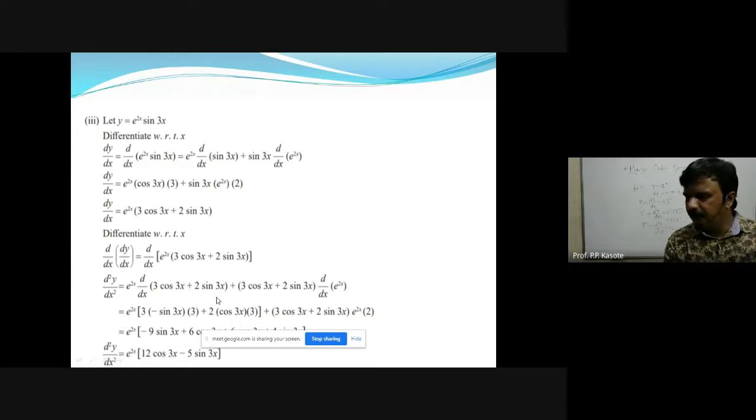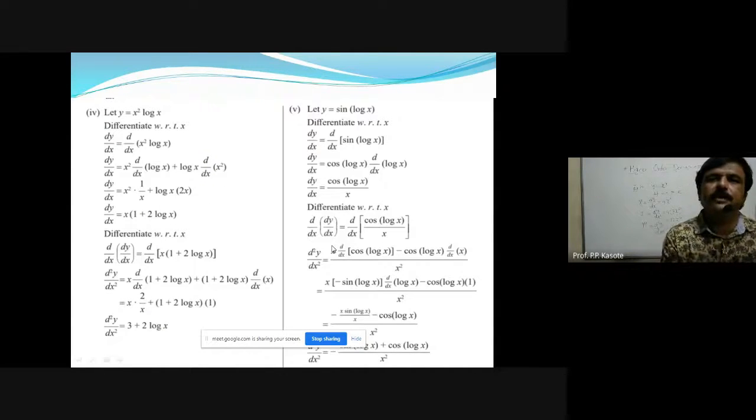Now after simplification, after finding the derivatives of the first bracket and e raised to 2x, इन दोनों का derivative find out करने के बाद you can simplify it more, and I'll directly read the final answer as d square y upon dx square is equal to e raised to 2x into the bracket 12 cos 3x minus 5 sin 3x. So this is how we can find the derivative of the given function as per requirement and convenience. See the fourth example.